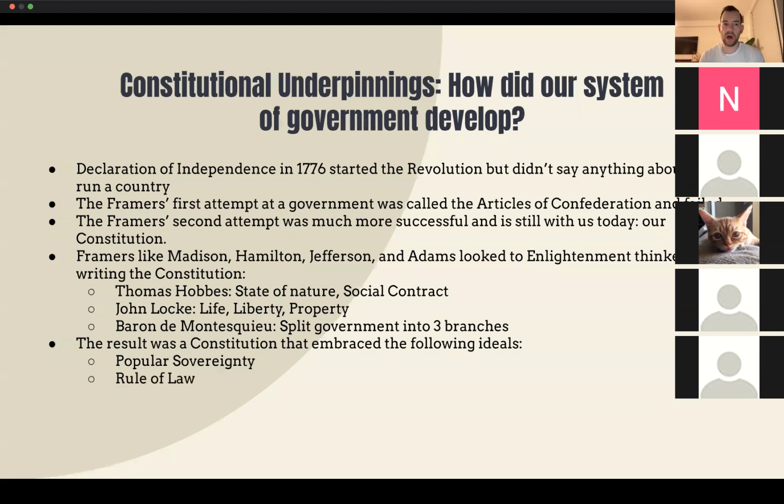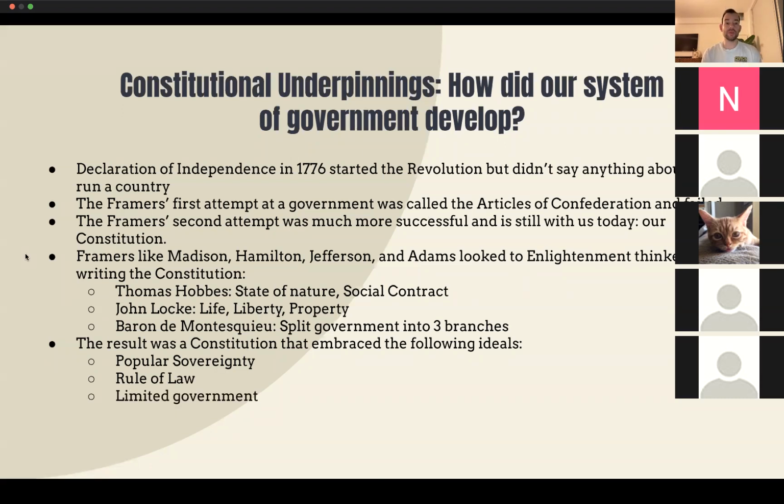2nd, the rule of law. You probably hear a lot about this right now. It's a very common phrase that political commentators use. The rule of law means that no person is above the law. It applies to everyone. It applies to the members of Congress. It applies to the president. It applies to the richest people in society. No one is above the law. We're governed by laws.